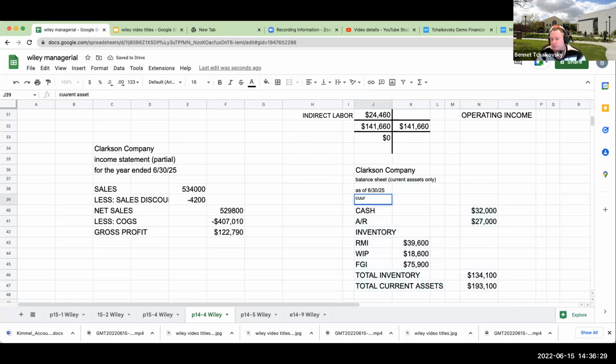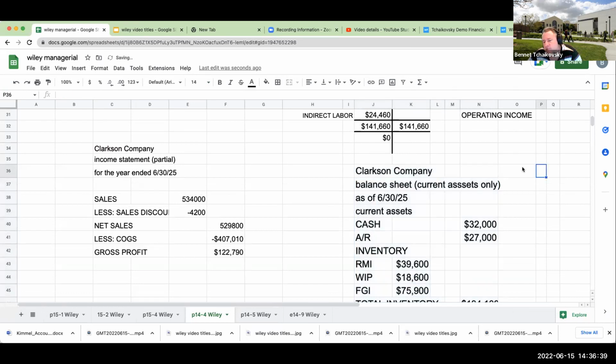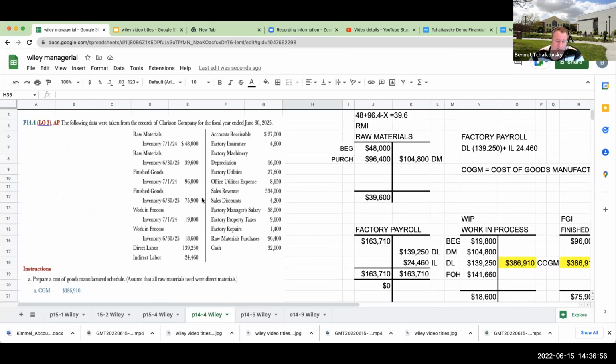Remember, when we're dealing with managerial accounting, we're always dealing with internal financial statements. Normally we want to be careful not to show these to a user of the financial statements without any kind of context. But here, because managerial accounting is really much more for internal reporting purposes, we're not as concerned with rules. So that's why I can do cost of goods manufactured with T accounts. It's exciting.